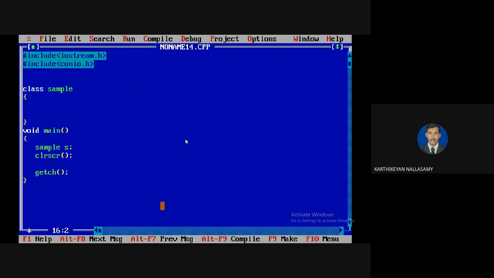So assume that I have only a destructor. You know the destructor means the tilde symbol followed by the name of the class. So I'm going to print that I'm destroying. So now the destructor is written.